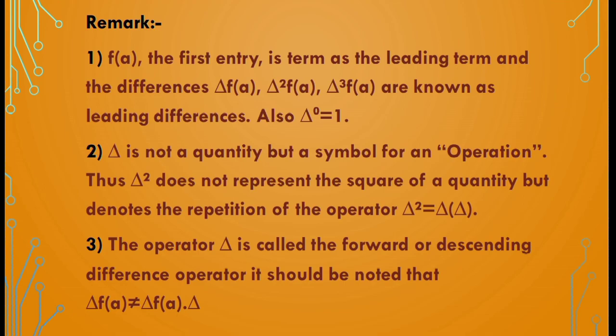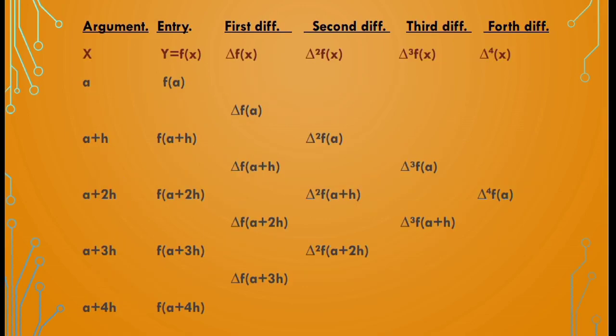Thus delta square does not represent the square of a quantity but denotes the repetition of the operator. Delta square is equal to delta of delta. Third remark: the operator delta is called the forward or descending difference operator. It should be noted that delta f of a is not equal to delta times f of a. So friends,